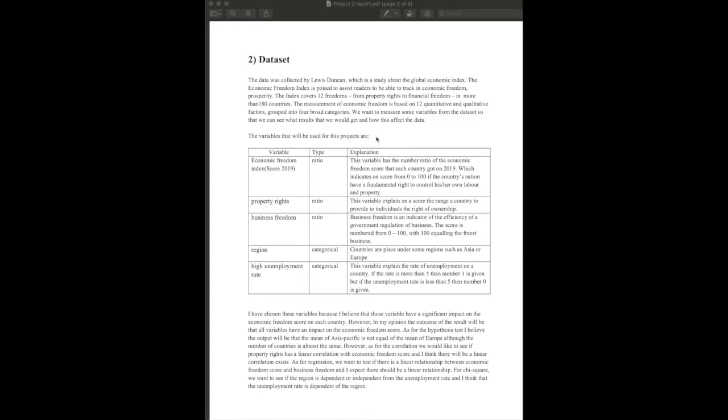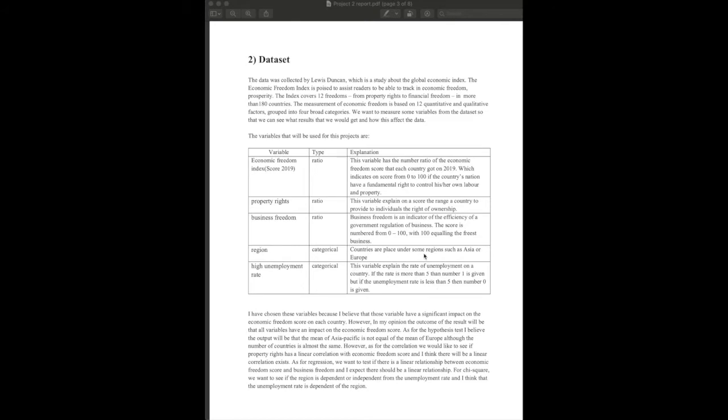The second variable is property right, which is also on a score from 0 to 100, which gives the range in a country to provide individuals the right of